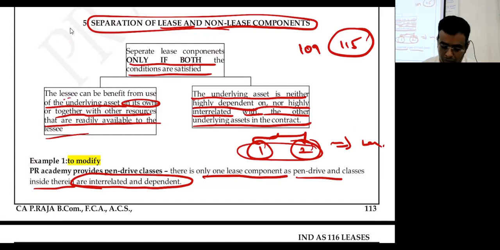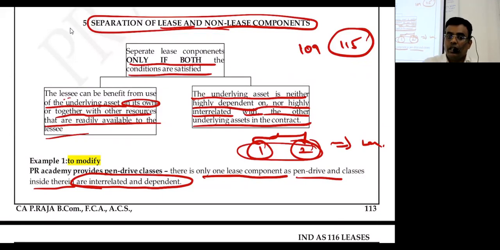Hope you are clear. Now come to this. This is a contract between me and the owner. Now, must this be segregated into 2, or can I combine? Normally I can combine. It's an option, subject to conditions not being satisfied. If those conditions are satisfied, I can't take the option. I must split it. Clear?